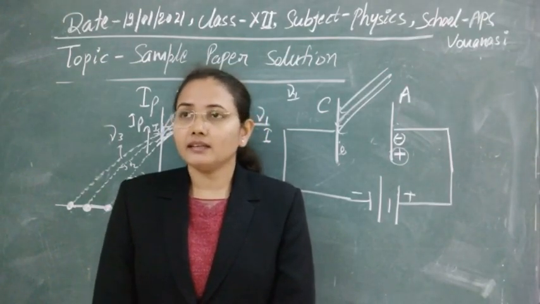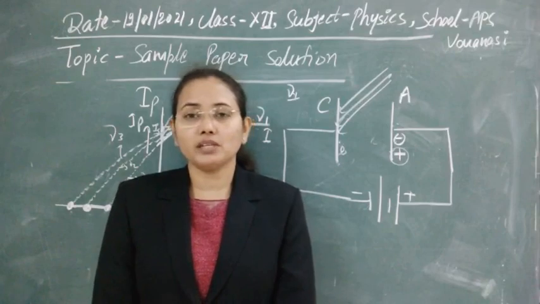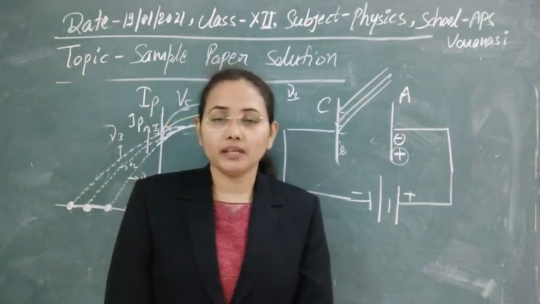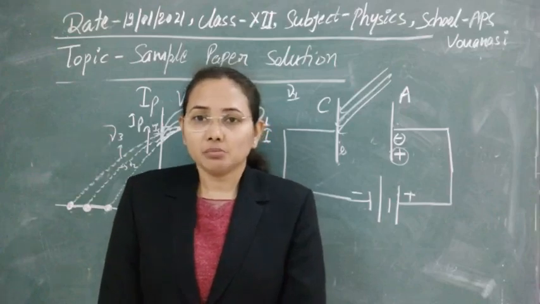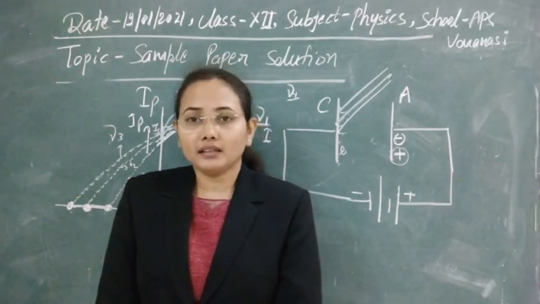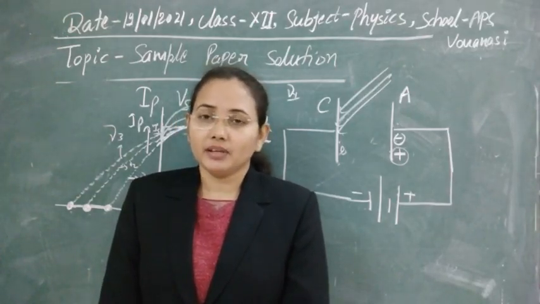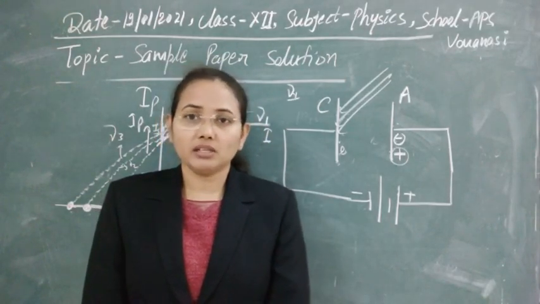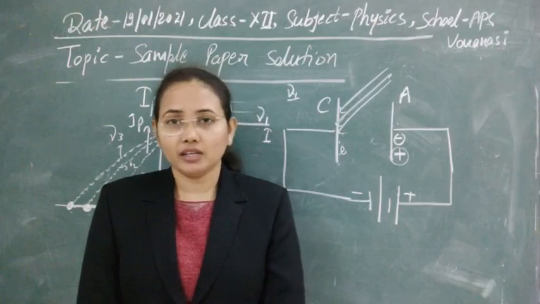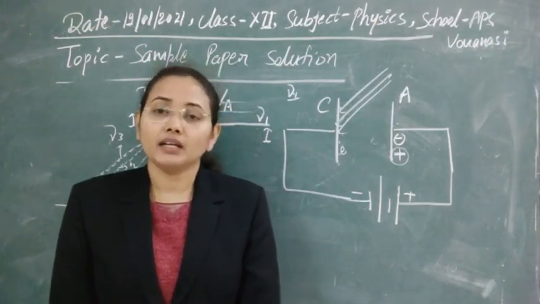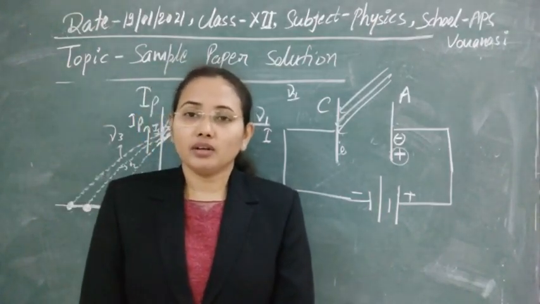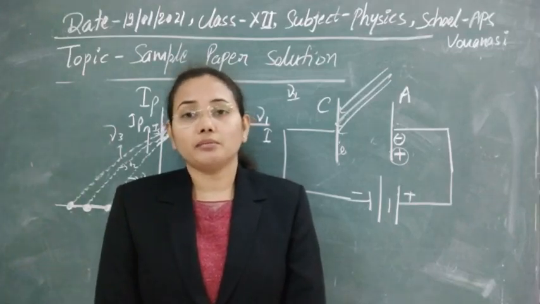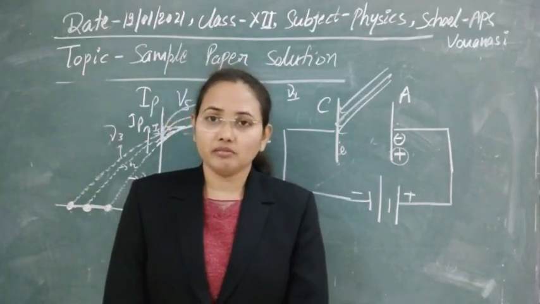Second thing is that with the help of a potentiometer, as this is sensitive, it can measure a small EMF, which means this is a more accurate device than the voltmeters that we have. So these are the reasons we use a potentiometer to compare EMFs, to find out EMFs, and to calculate the internal resistance. But we do not use voltmeters just to find the EMF of the cell.